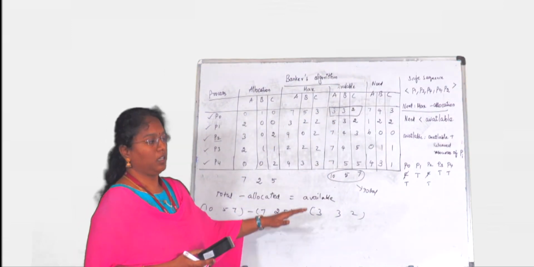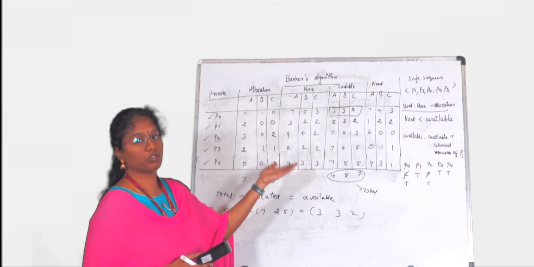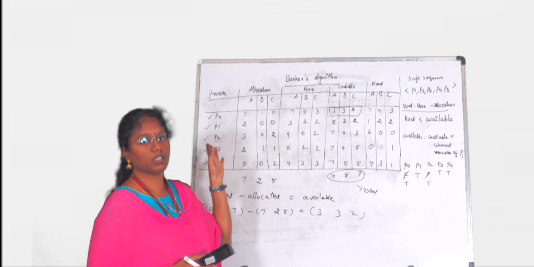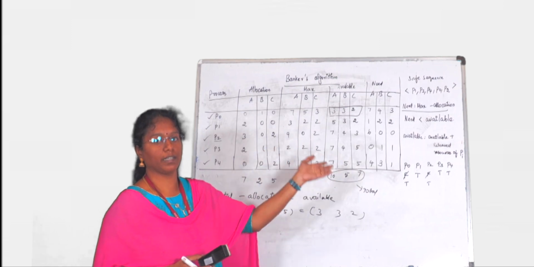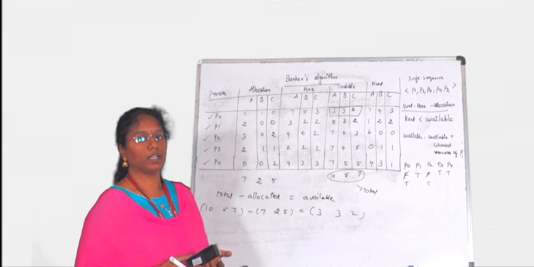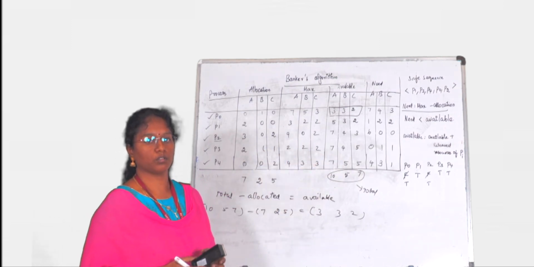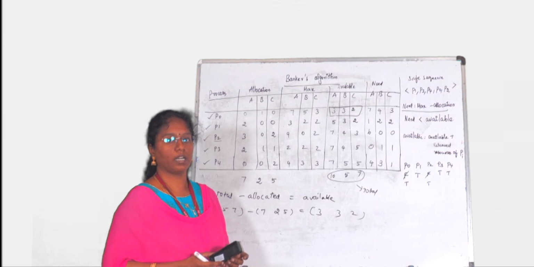So this is our Banker's algorithm, which can be used to avoid deadlock. That means we can say in what safe sequence the processes will execute. This will be useful when there are multiple instances of resources. I think you would have understood this problem.